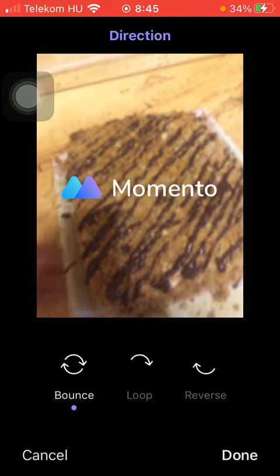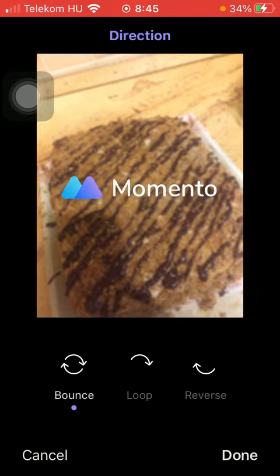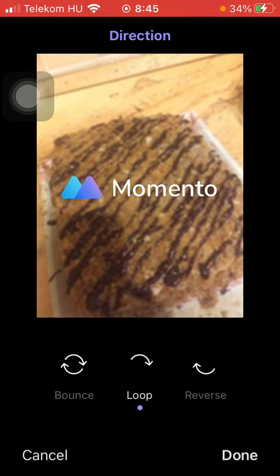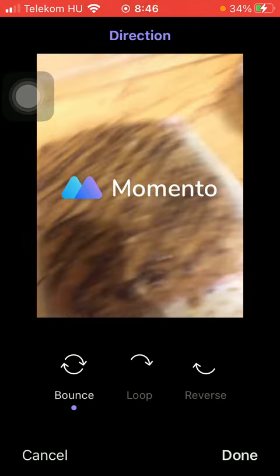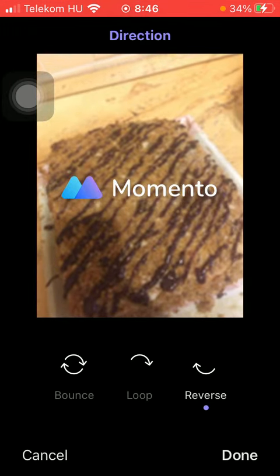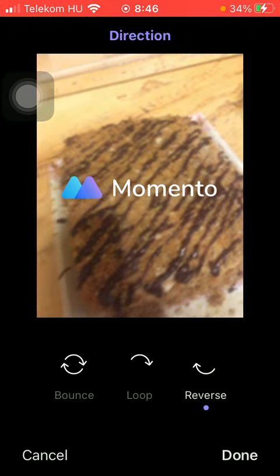Here you can select from three options: bounce, loop, and reverse. So just tap on the relevant one you would like to try out. Feel free to apply all of these and check out which one looks better and which one suits your preferences